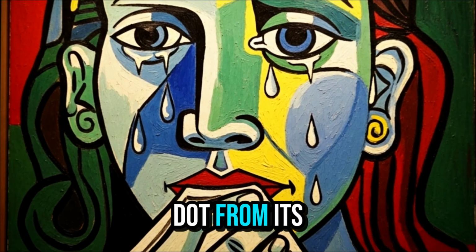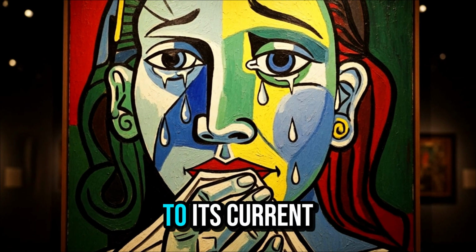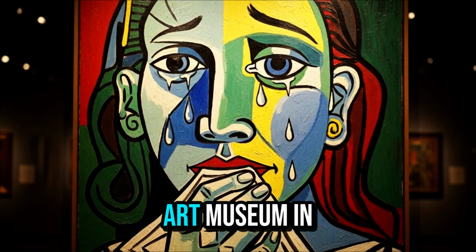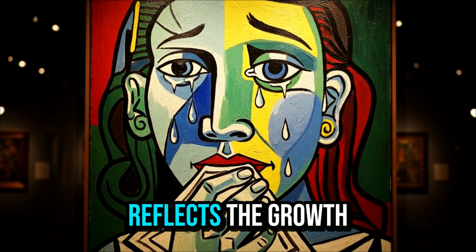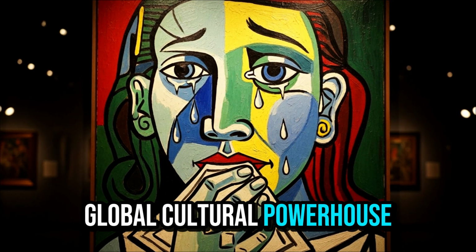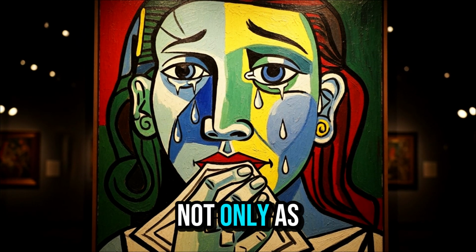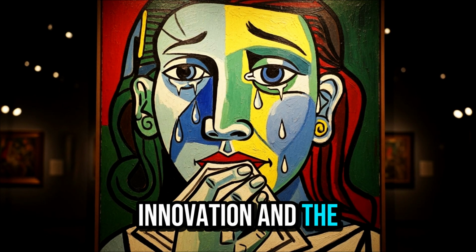around it. From its humble beginnings as part of a combined museum and exposition park to its current status as the largest art museum in the western United States, LACMA's history reflects the growth of Los Angeles itself, from a regional city to a global cultural powerhouse. It stands today not only as a home for art, but as a symbol of creativity, innovation, and the ever-changing